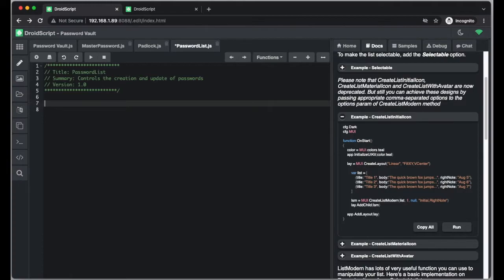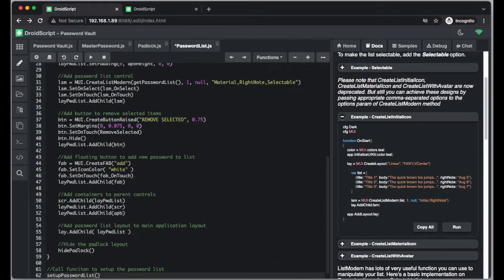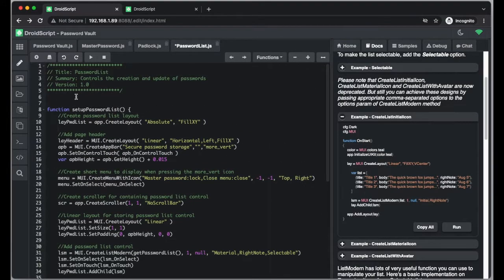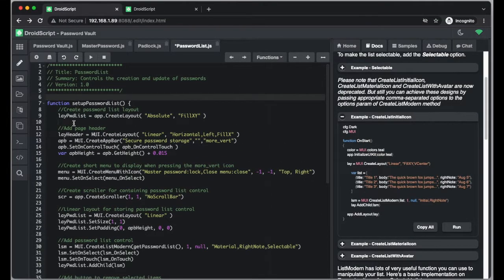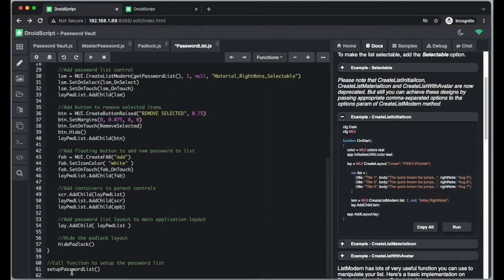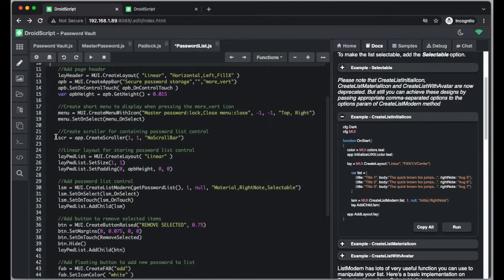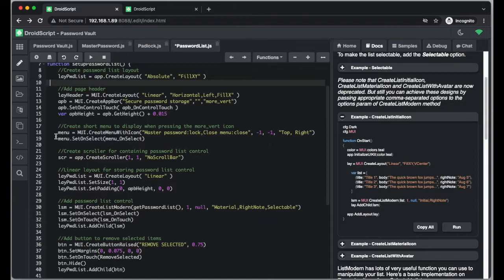And I'm going to walk you through it, so bear with me because this is a reasonably sized function, but this is the function we want to call when we finish loading this file. So at the bottom of the file we just call this setup password list. What this essentially will do is create a layout and add to it all the components necessary to display